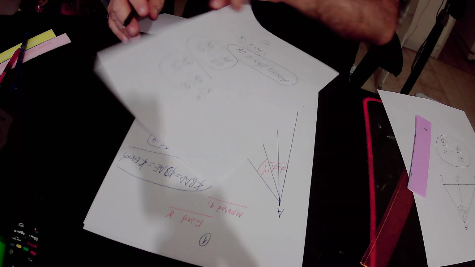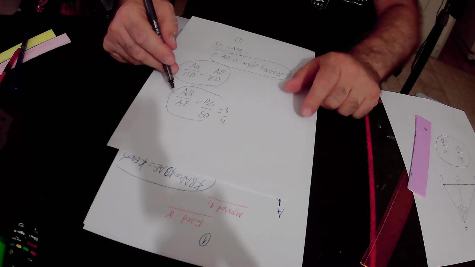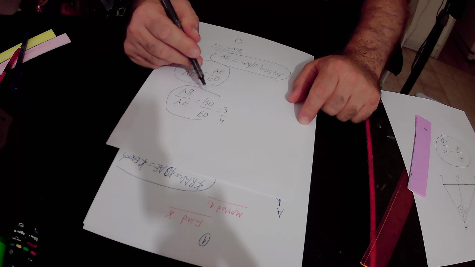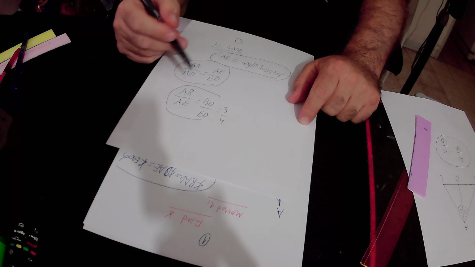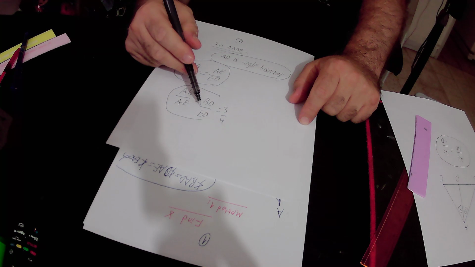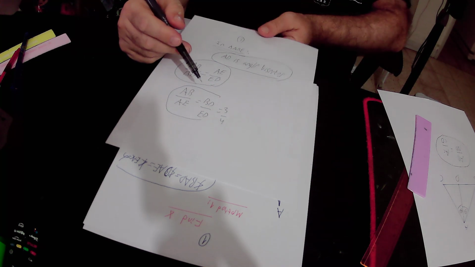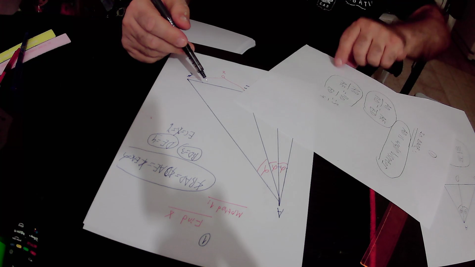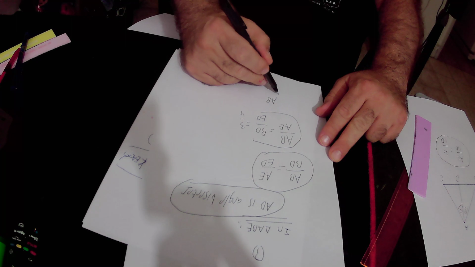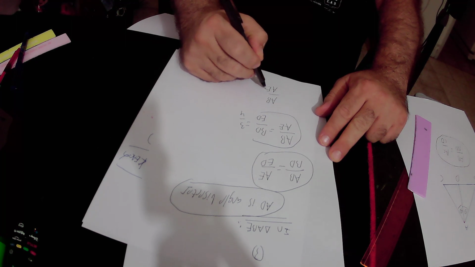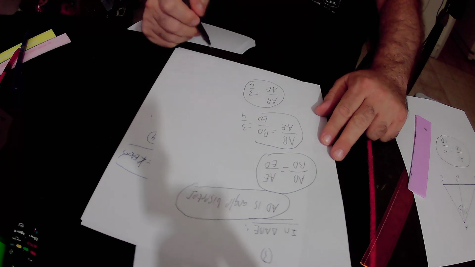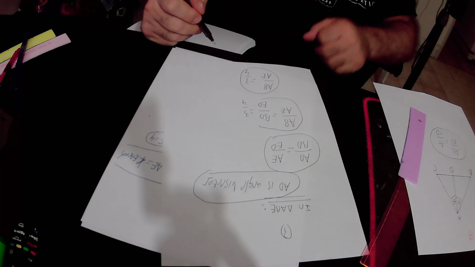Again, AB over AE equals BD over ED. According to the rule that I presented to you, this equality is true. But we know that BD equals 3 units and ED equals 4 units, so we will get that AB over AE equals 3 over 4. Okay, AB over AE equals 3 over 4,